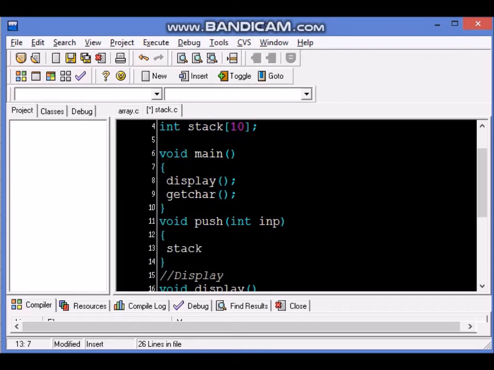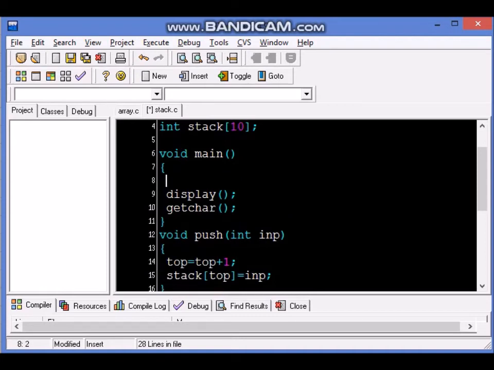So we have to say basically stack at which position, at top position we need to put the inputted value, but the top position will already contain a number. So before we input that value, we have to increment top is equal to top plus 1. So top will become, if it was -1, it will become 0, and then stack 0 will become the inputted value. Where do we call it?